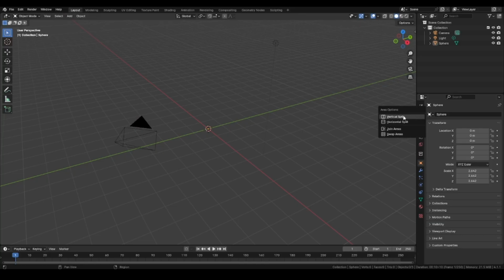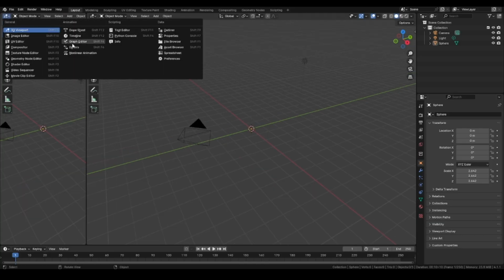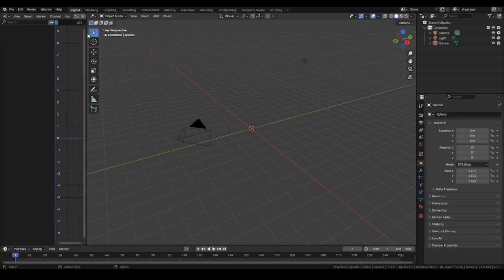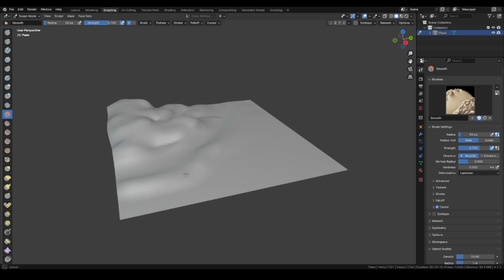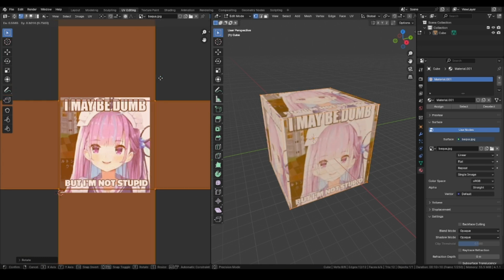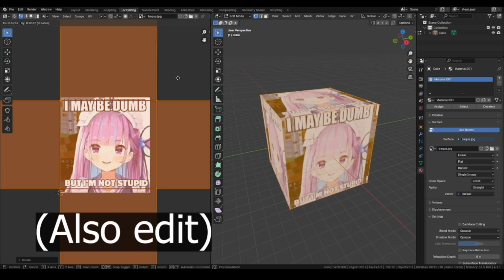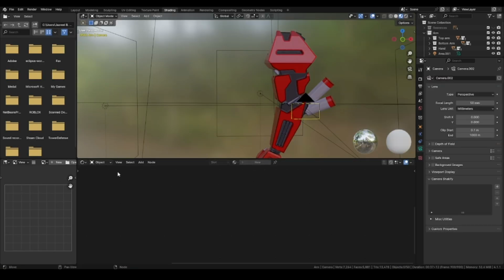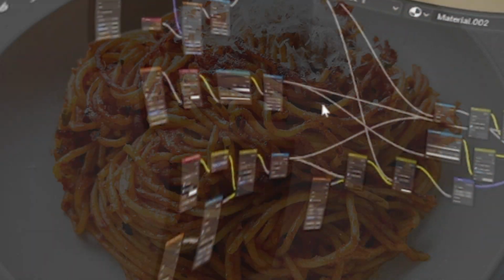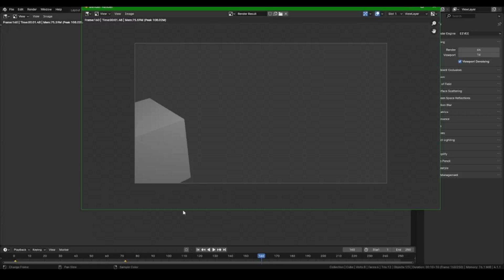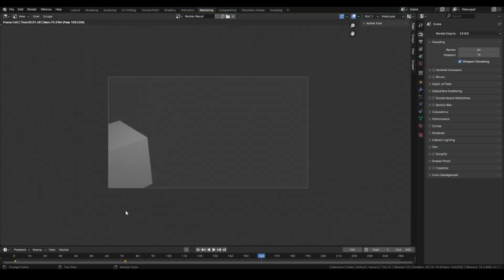At first, you have the layout tab, which you can customize. You can do whatever you want. Then you have the modeling tab, which is for models. That's obvious. The third tab is for sculpting, for extra details. Fourth is for texture editing, where you paint the textures. The shading tab is for easy access to shader nodes to create a goddamn spaghetti mess. On the rendering tab, you probably click F12 and pray that your potato laptop or your